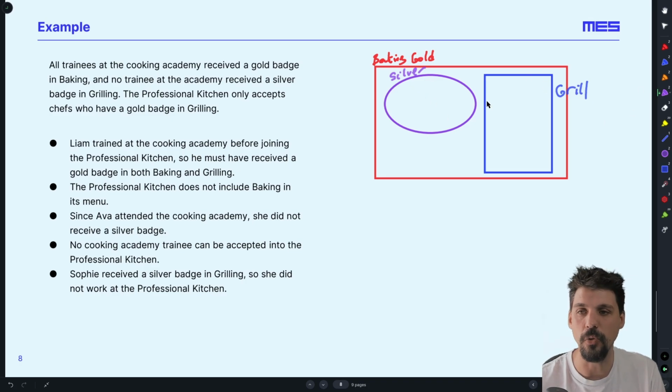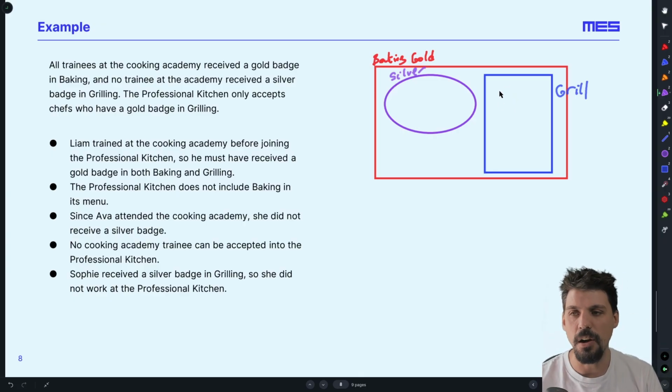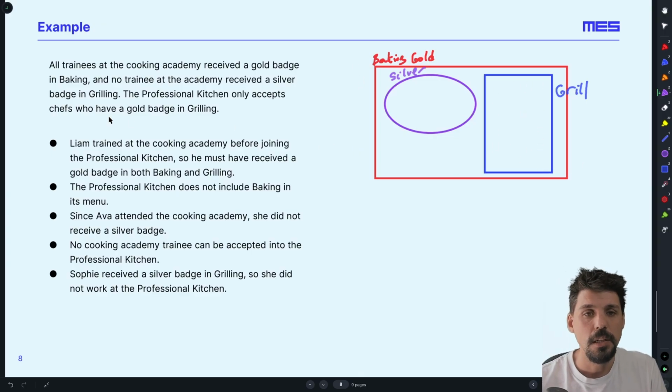All right. Now we're back to our all statement. They're all in there. Everyone does baking and got gold. Okay. But none of them. So we've got this. See how we build these from our 3 simple ideas, and we're building this up. All right. So grilling, you could get a gold badge in. You could, right? The professional kitchen only accepts chefs who have a gold badge in grilling. So in fact,